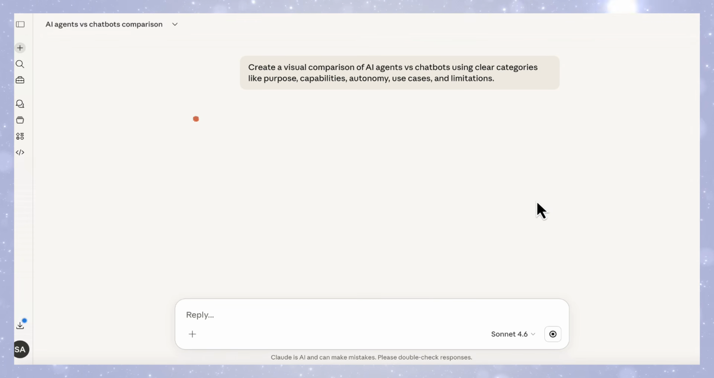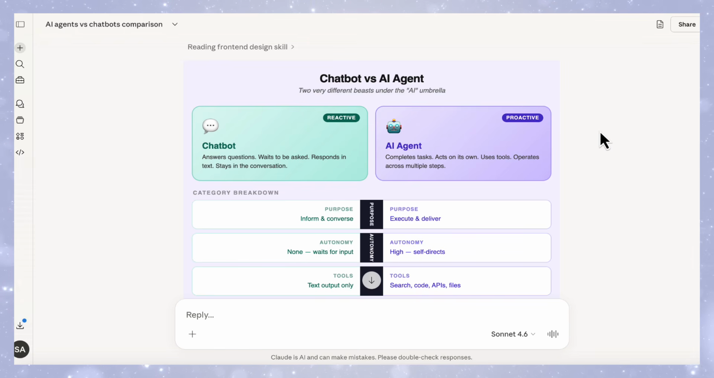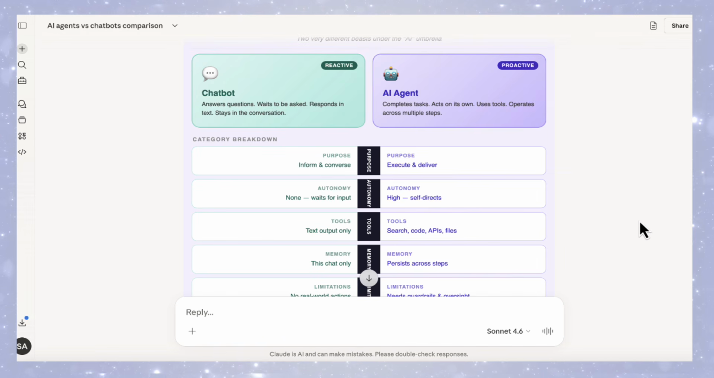I'll enter that. You can see here it immediately starts with reading front-end design skill and then begins building the visual straight away inside the chat. And this is what it creates. Right away, you can see everything is split into two clear sections, chatbots on the left, AI agents on the right. Then below that, it's structured into rows, things like purpose, autonomy, tools, and memory, and you're comparing both sides